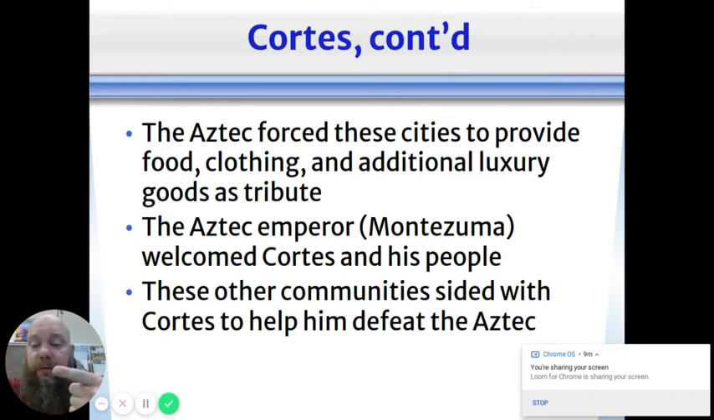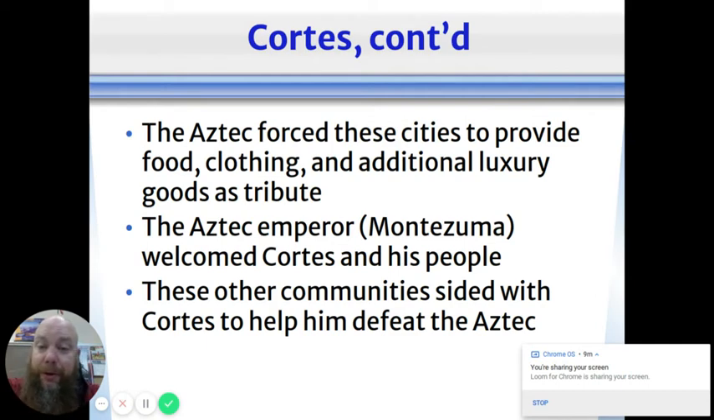So not only does he have horses, not only does he have weaponry, not only do they have advanced armor, they also have the help of a lot of these villages surrounding the city and village and community of Tenochtitlan that have been defeated by the Aztec Empire. And so he repays Montezuma's hospitality by basically chopping his head off and taking over his Aztec Empire. Spoiler, though,